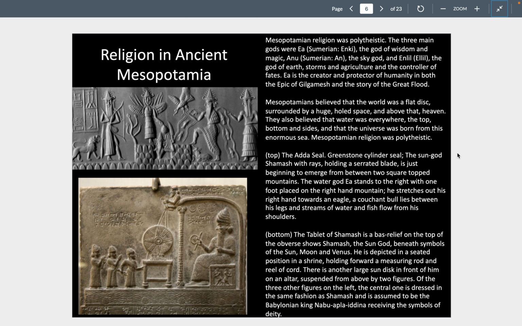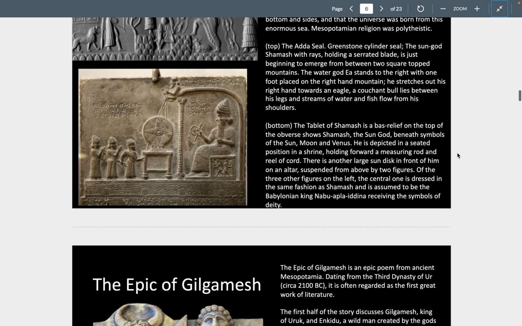Below, we are looking at a bas-relief of Shamash, the sun god, and beneath the symbols of the moon are the symbols of the sun, the moon, and Venus. And he is seated in a shrine, holding a measuring rod and a reel of cord. There is another large sun disk in front of him on the altar, suspended by two figures. Of the three figures on the left, the central one is dressed in the same fashion as Shamash, and is soon to be the Babylonian king, Nabu-apla-iddina, and receiving symbols from the deity. So from Shamash,